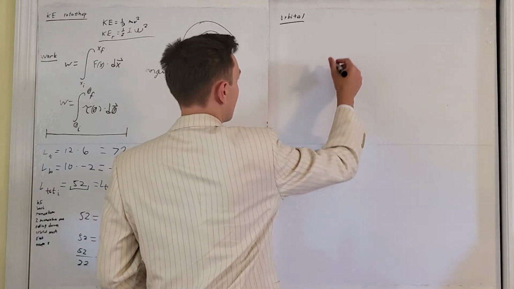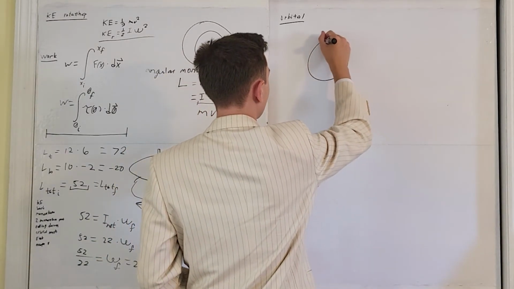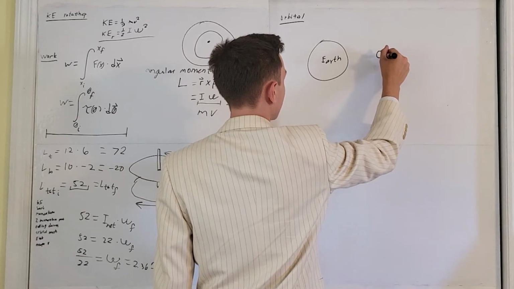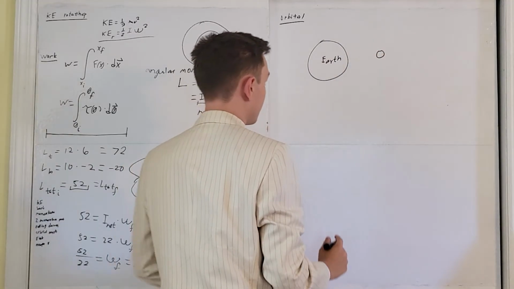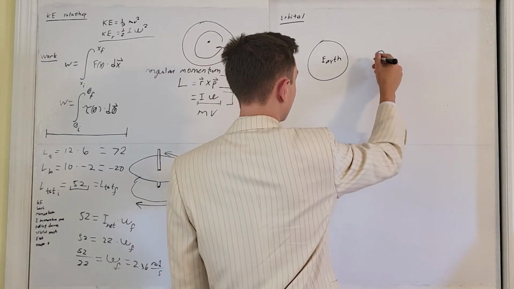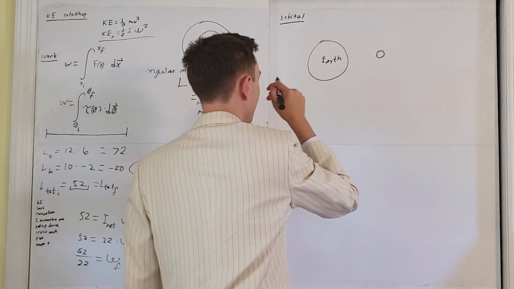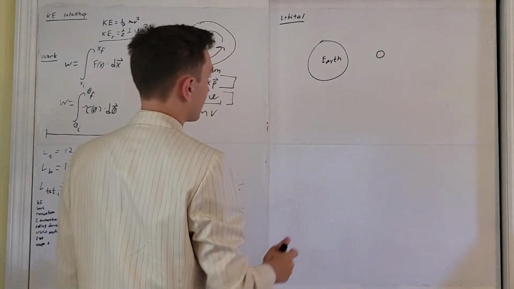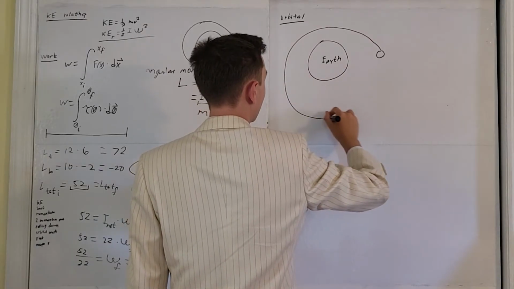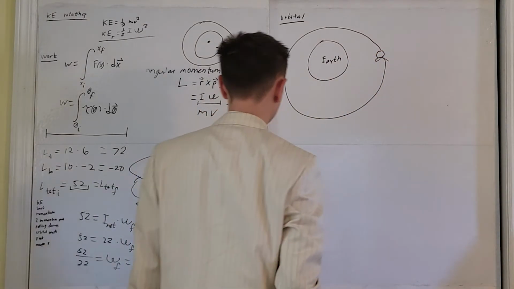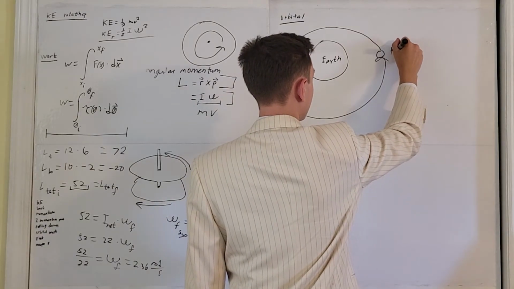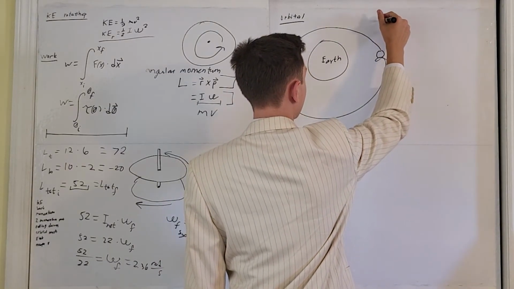When we are analyzing the motion of satellites around the Earth, we are going to have, let's say, some object. And if that object were stationary, the Earth would just pull it in with the gravitational field and the two would collide. Therefore, in orbital mechanics, we assume that there is some velocity of the object as it orbits around the Earth. The object is going to have some kinetic energy, and the object is going to have some